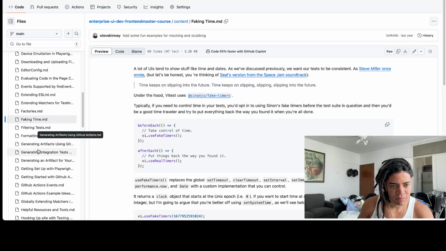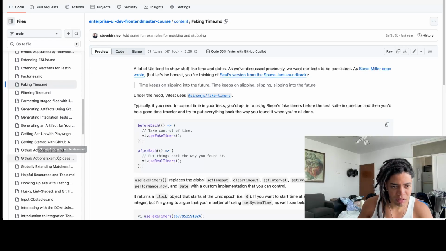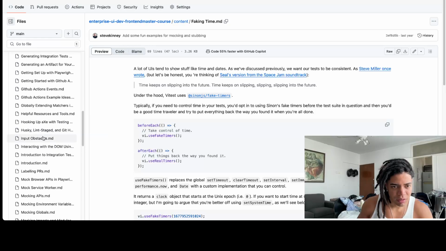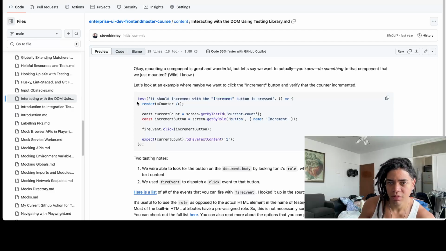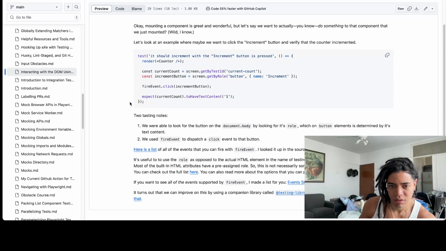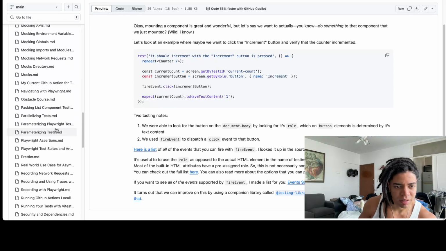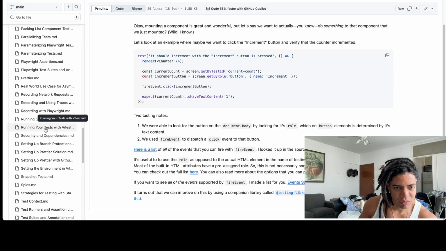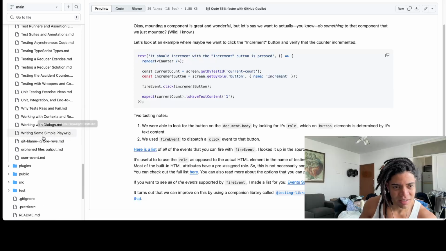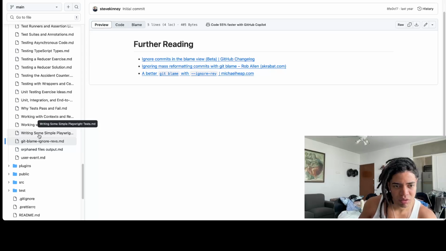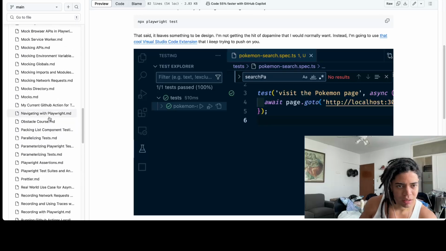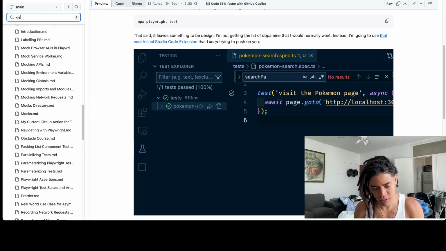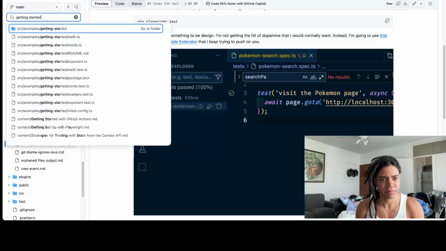Good content. Interacting with DOM. Using testing library. Writing some simple playwright tests. Okay. But go to the file. Is getting started with